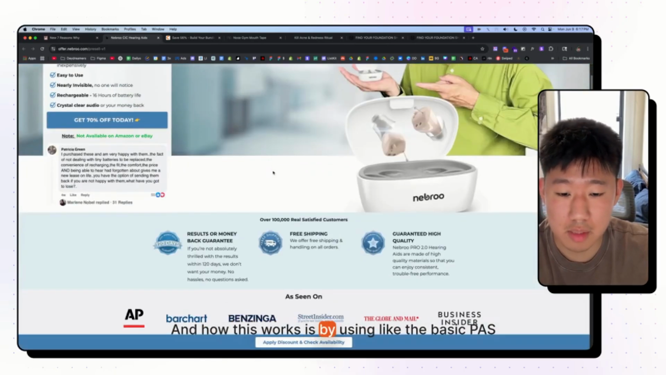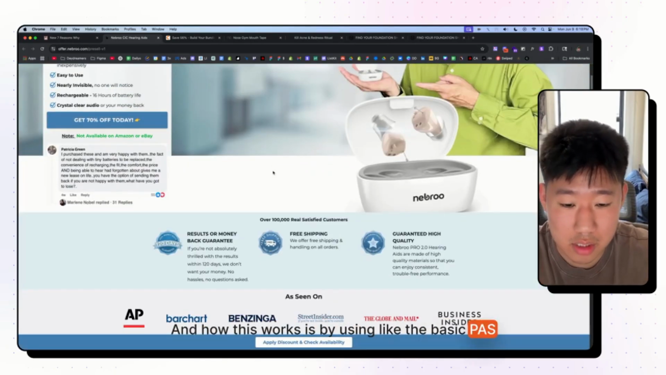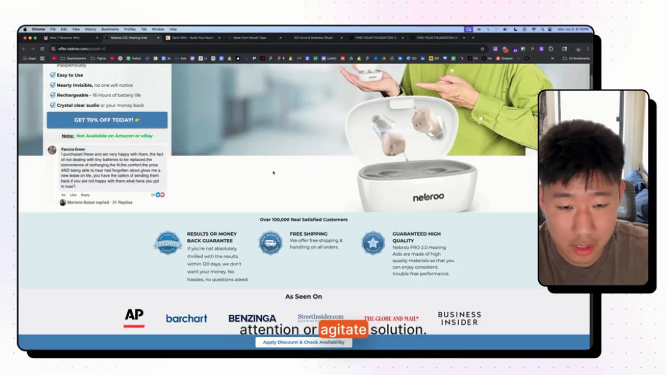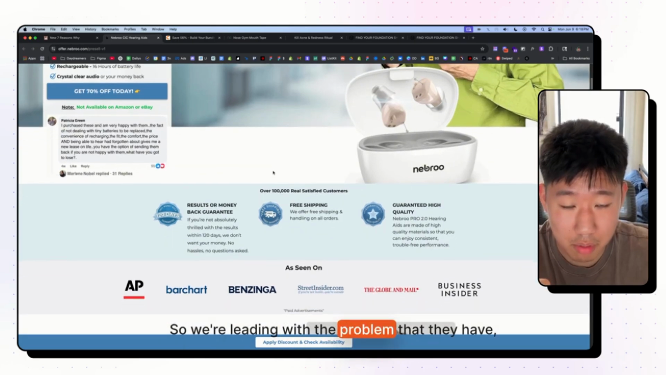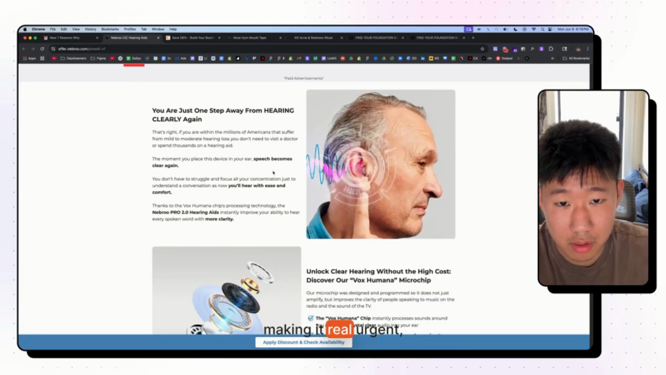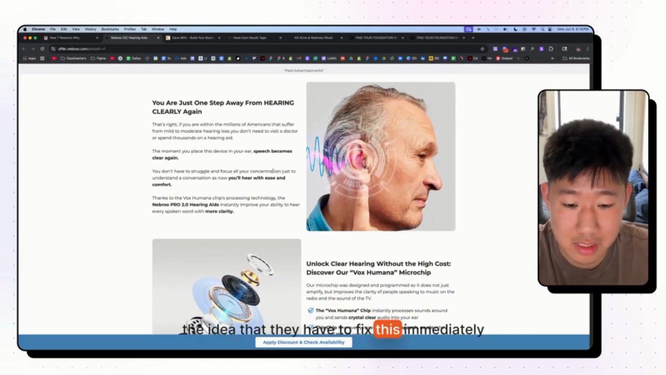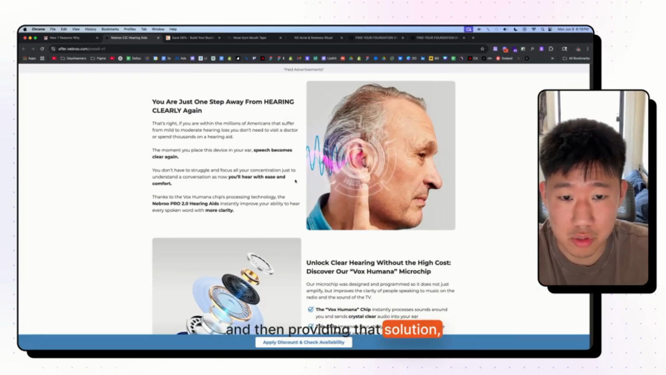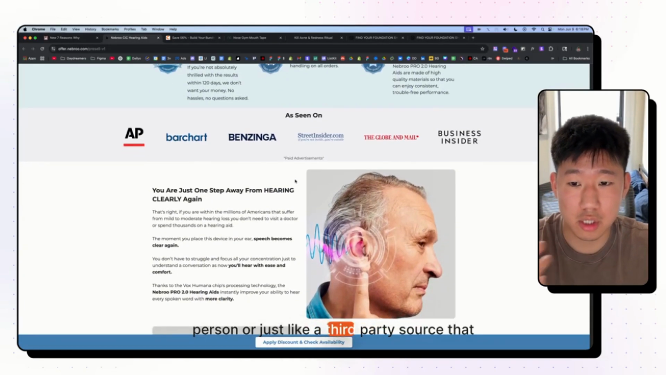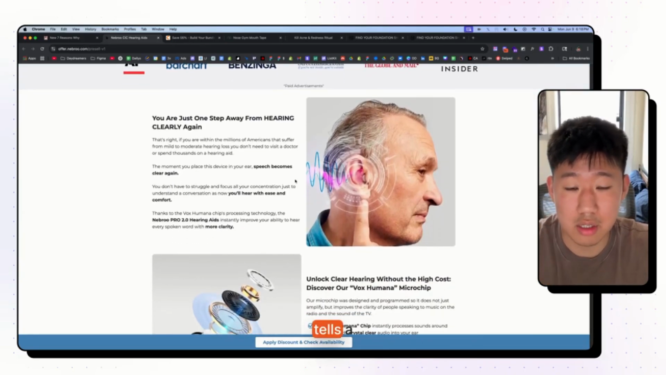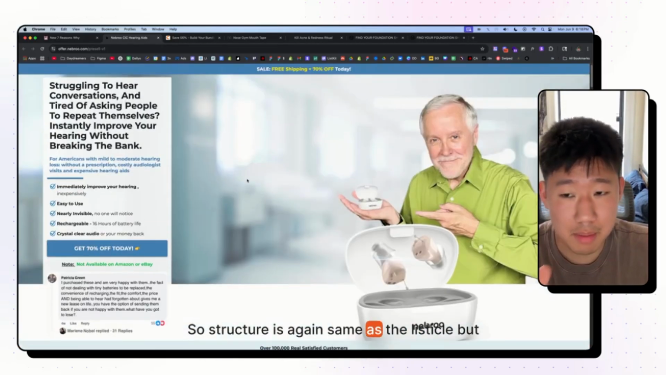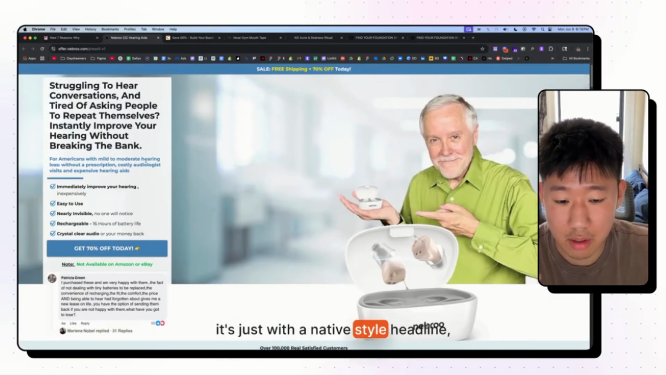And how this works is by using the basic PAS plus story format. PAS just stands for problem, agitate, solution. So we're leading with the problem that they have, really prying in by agitating that problem, making it real and urgent, the idea that they have to fix this immediately, and then providing that solution. And then it's all framed from either a first person or just a third party source that tells a clear, relevant story. So the structure is, again, the same as the listicle, but with a native style headline,